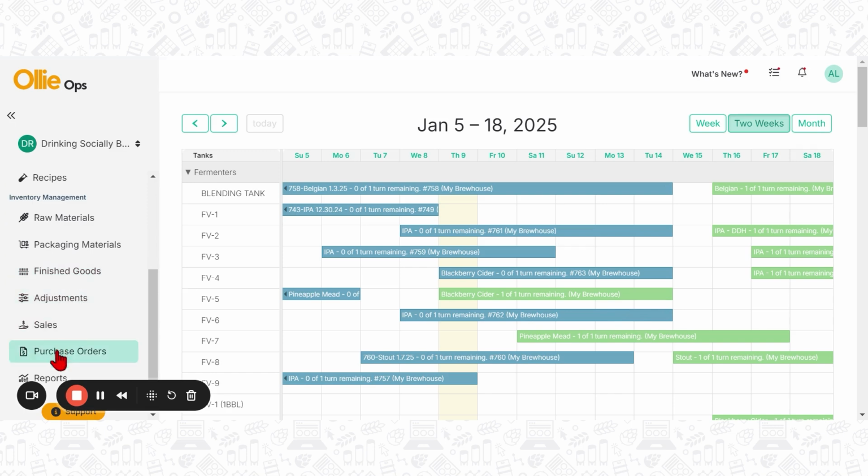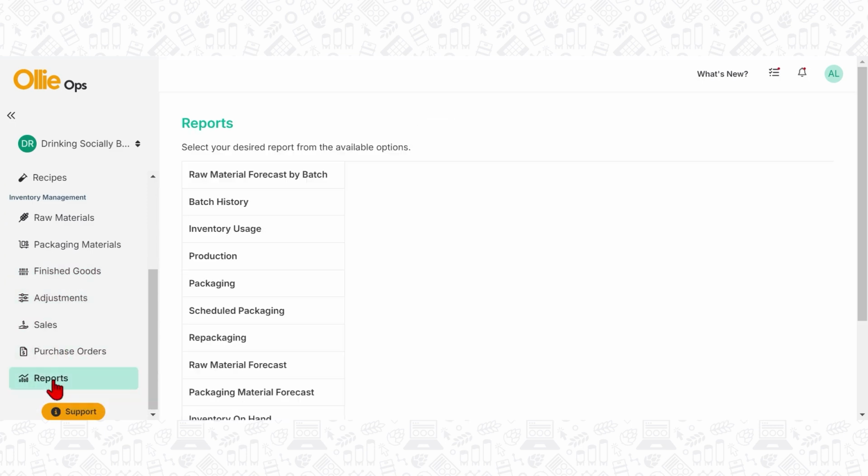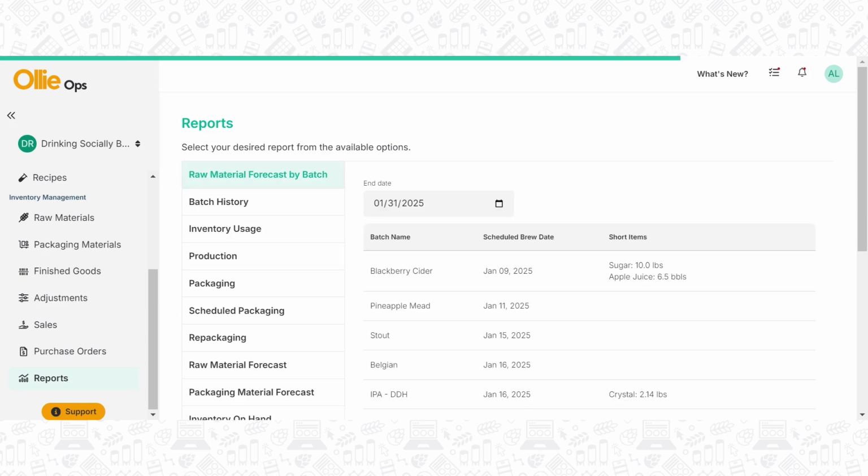To find them, navigate to the report section at the bottom of the screen. Let's look at 2 forecasters today. First of all, a raw material forecast by batch. This is a high-level overview of your upcoming scheduled production days, where we can set an end date in the